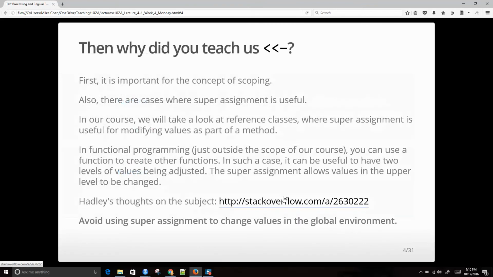Okay, so why do I bother covering super assignment? There are useful cases. First of all, it's important when we're talking about scoping and environments and things like that. It is an important concept there, okay? We will cover reference classes in our course, and it's a useful thing to be used as part of the methods. And then in functional programming, which we are not really going to get into in this course, you are using functions to create other functions, and we had a very brief example of that, but there might be cases where